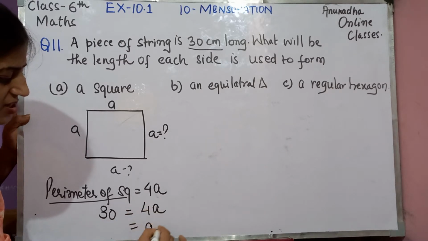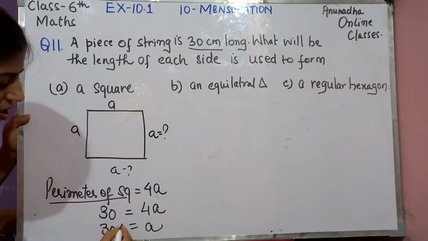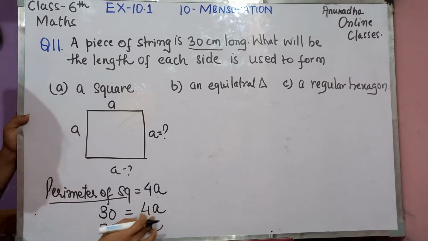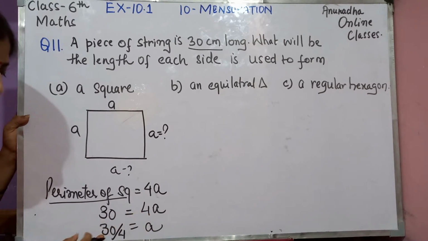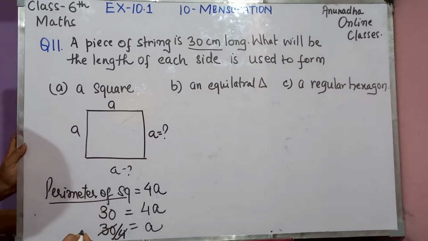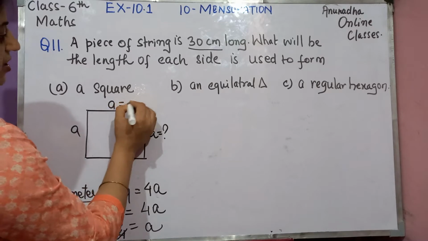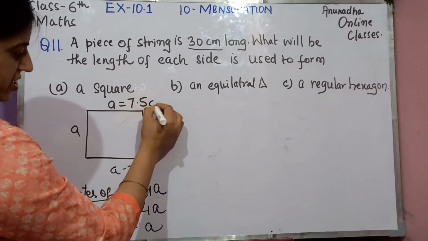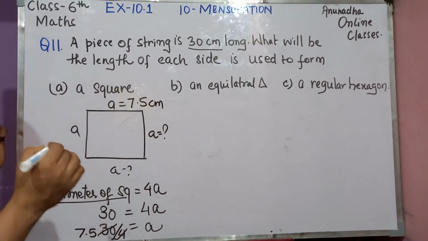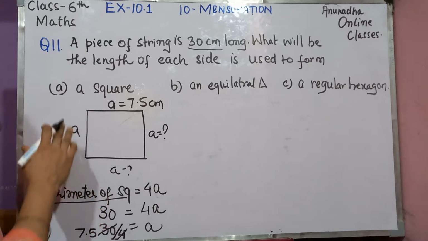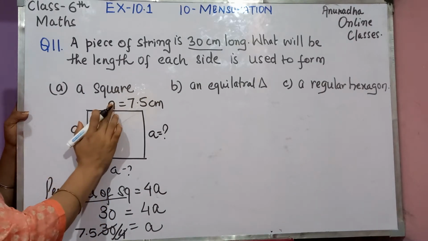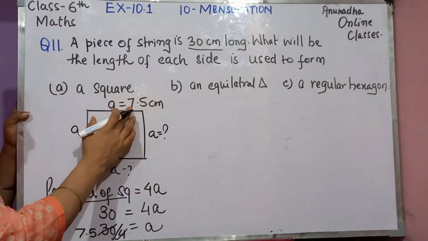तो what is the side? Side is equal to 30 divided by 4. Why? Because 4 is here multiplying. जब ये इधर आएगा तो ये divide हो जाएगा. It will go by 4 7s are 28 and 5s are 20.5. Okay. So here is your side, that is 7.5 centimeter. Okay children, in this way we have find out the length of one side of a square, that will be